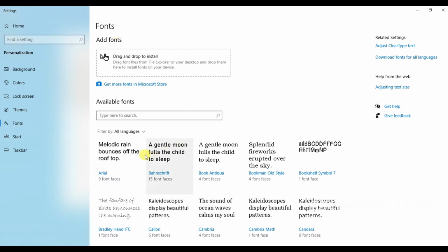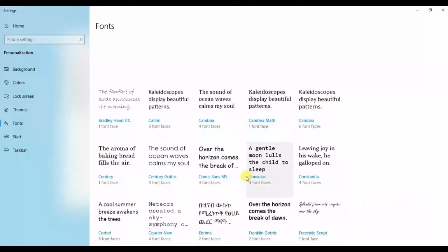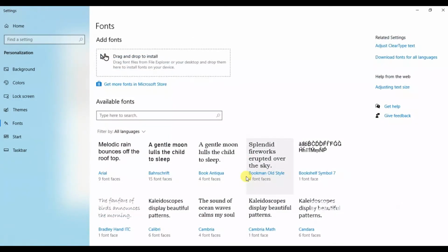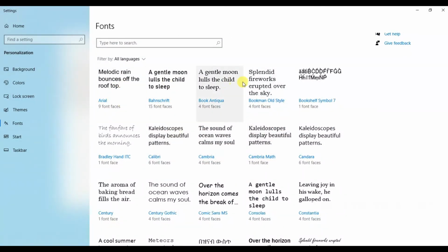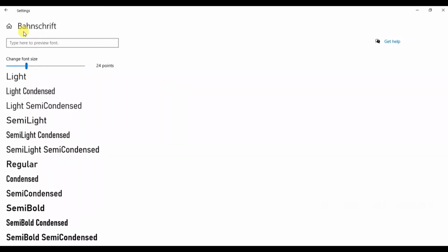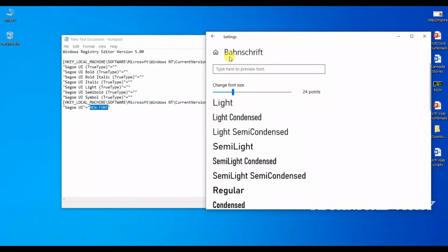You see these are the fonts that exist in our Windows computer at present. So we can see which font we want to use. For example, let us use this one, Bahnschrift. For that we have to note down the font name and type this name itself.